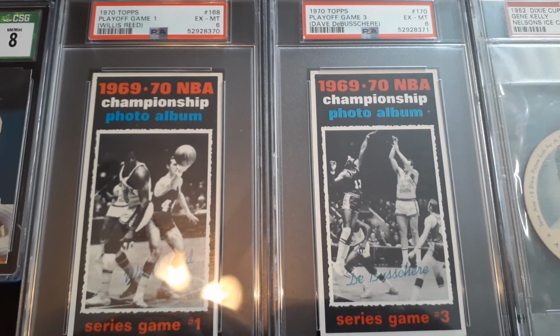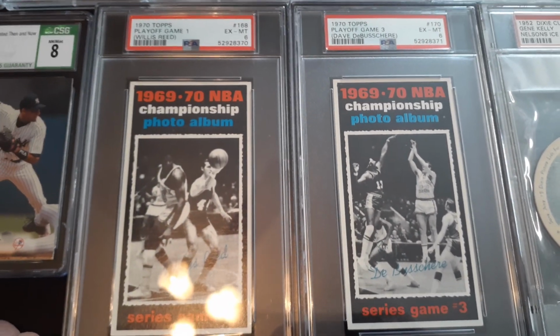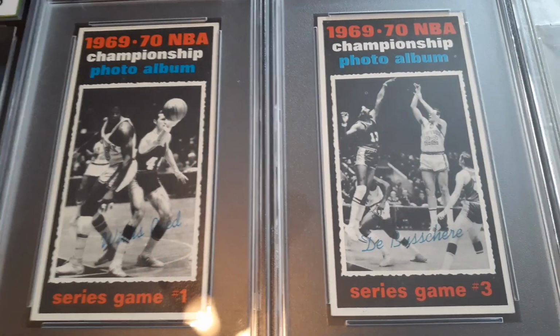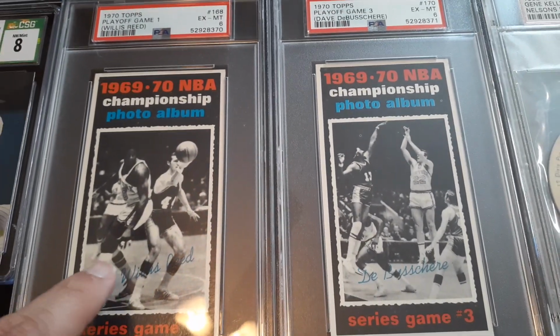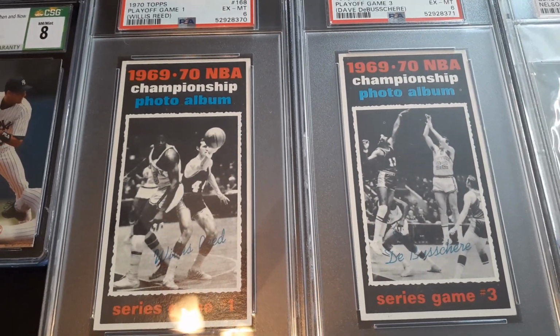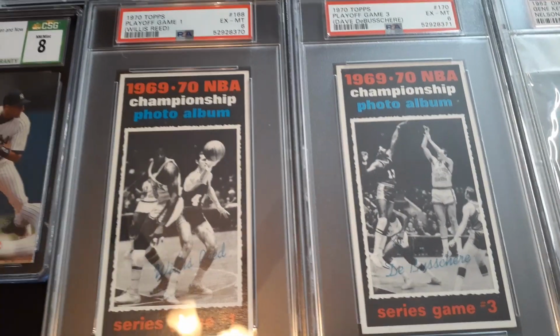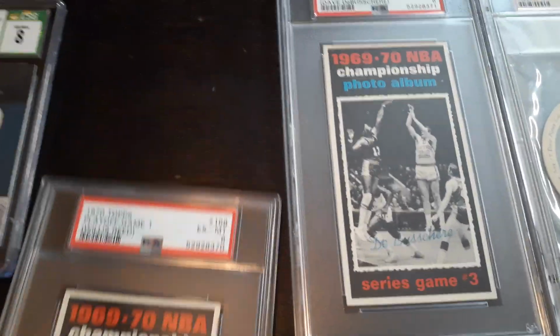This 1970 Topps from the NBA Championship Series. They did a couple of shots here as I try to work around the glare. This first one says Willis Reed. It's got Reed's autograph, or his fake autograph on there. It shows him, but it's also got Jerry West on there as well because they're playing the Lakers. And on the back, it'll break down the game